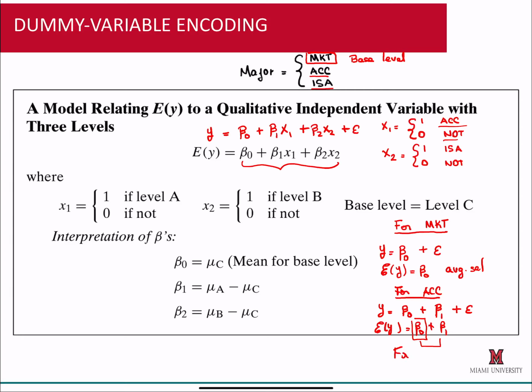Finally, for ISA, I'll just write the expected value here. It will be beta 0 plus beta 2, which will be the difference between the average salary of individuals with marketing degrees and ISA students. So you can see what beta 0 means, the mean level for the base level. Beta 1 will be the difference from the class, whatever it is. So in that case, it's accounting to the class that was left out, and beta 2 will be the difference to the second class, which let's say is